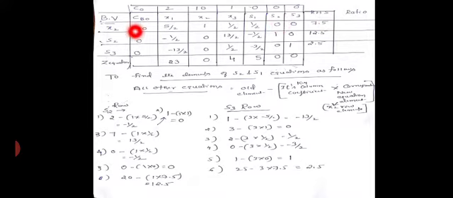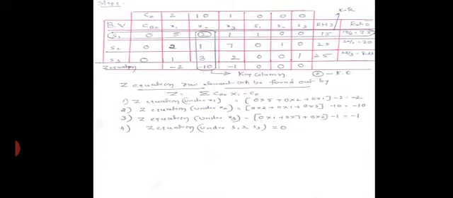X2 row values, you got the idea or not? Values with key element. What are the old values you got here? The old values under the first row, second row, third row are nothing but the previous s1 row values. Those rows will be divided by your key element. These are called the new values for your third row, nothing but the x2 row. Understood or not?